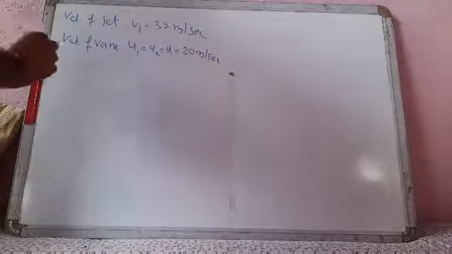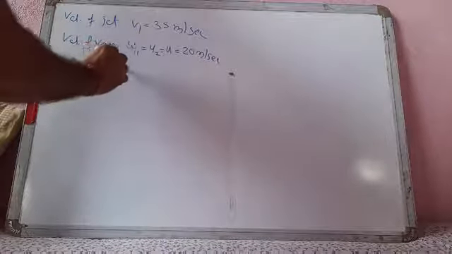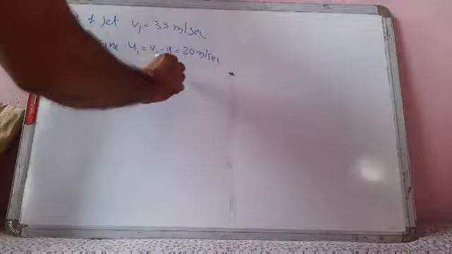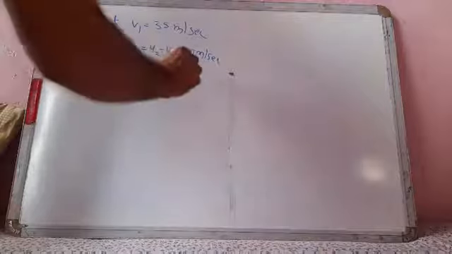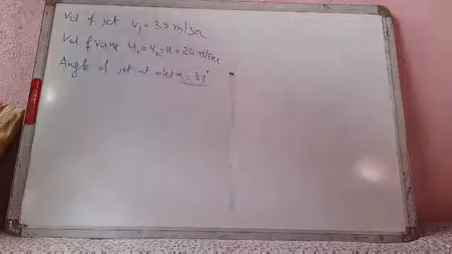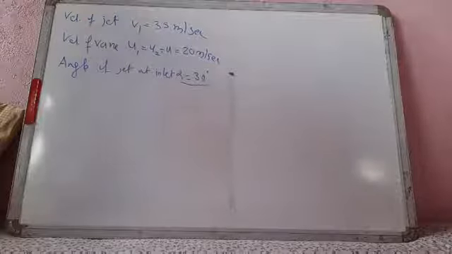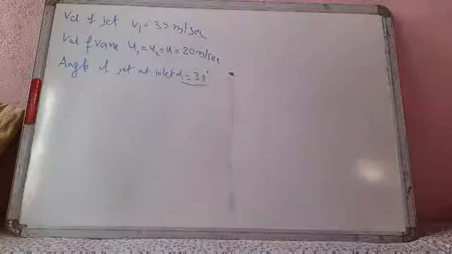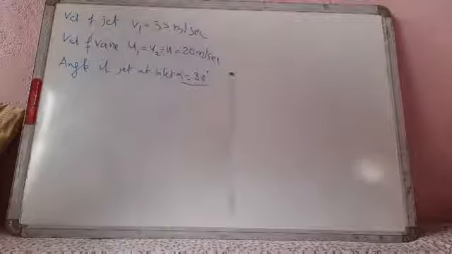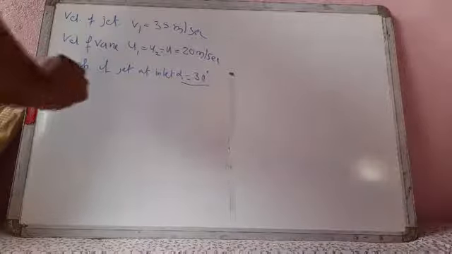Angle of jet at inlet, alpha equal to 30 degree, and angle made by jet at outlet with respect to the direction of motion of vane is 120